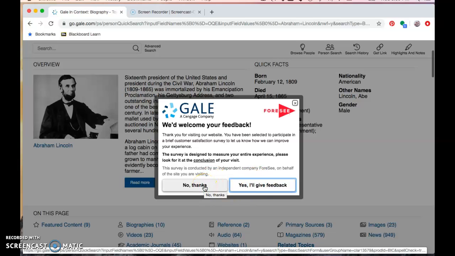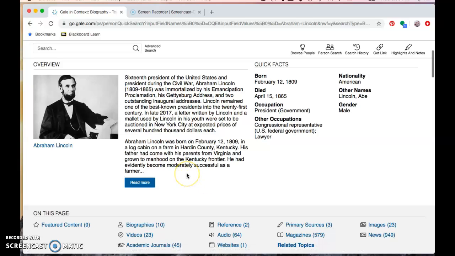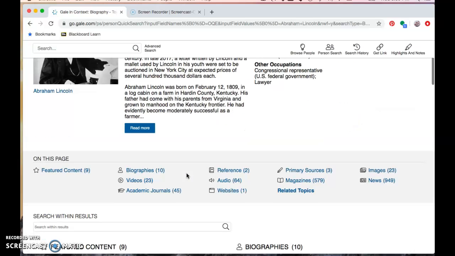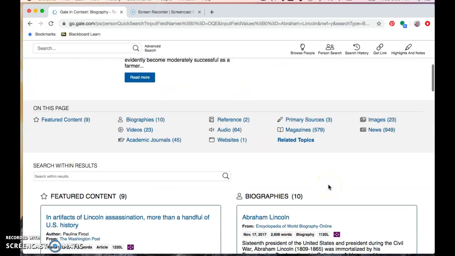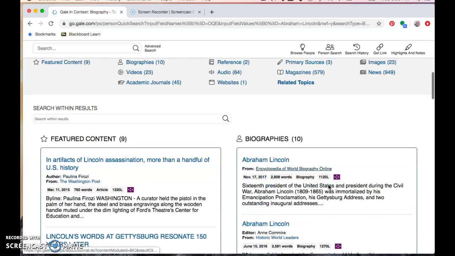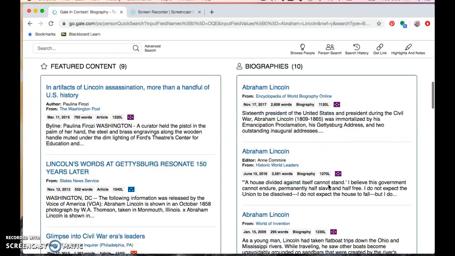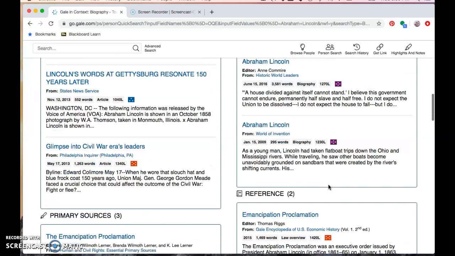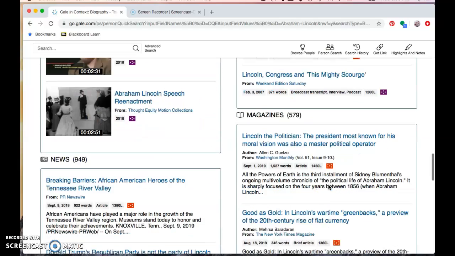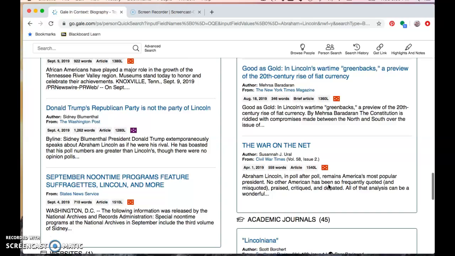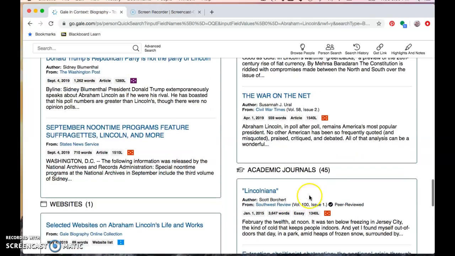Sometimes you get this request from Gale. And you'll see that if you scroll down, it gives you all different types of resources. So lots of different resources, but all great information. And if you scroll down, you can see there's different media, there's audio, there's magazines, there's newspaper articles, there's academic